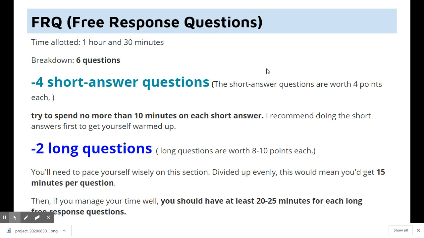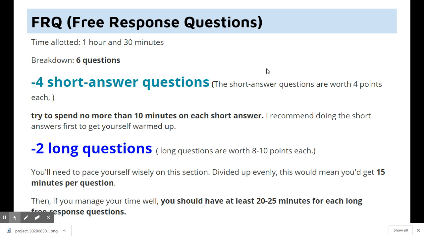So then there's part 2, the free response question section. It's also an hour and a half long. It's a total of 6 questions, but there's 4 short answer and there's 2 long form questions. The short answer questions are going to be worth 4 points each on your overall exam score. And you have about 10 minutes per short answer if you want to have 20 to 25 minutes for your